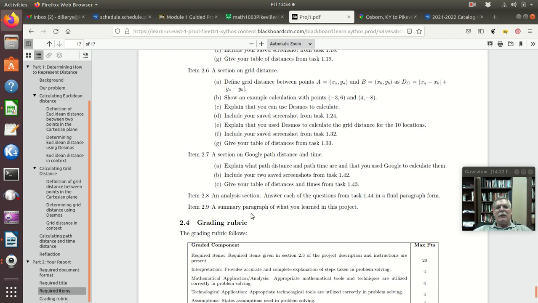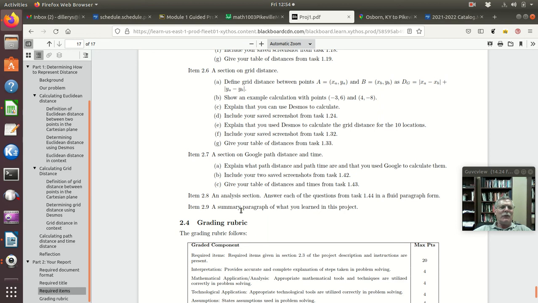And then finally, just a summary paragraph of what you learned in this project. What did this project do for you? Now, I'm not looking here for why this was a stupid project, and that math has always been a terrible thing and we shouldn't ask you to do it and that sort of thing.